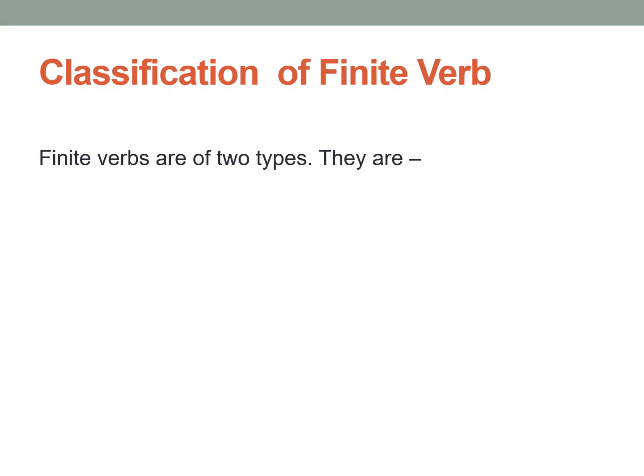Before going to know the classification of finite verb, I want to remind you about the definition of finite verb. In the last class, we learned that the verb that changes its forms according to the tense, the person, and number of the subject is called a finite verb. And finite verbs are of two types, and they are